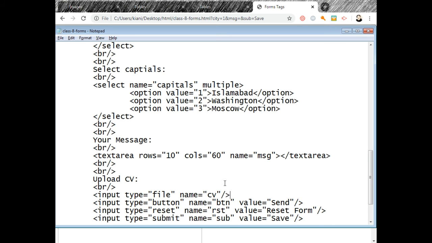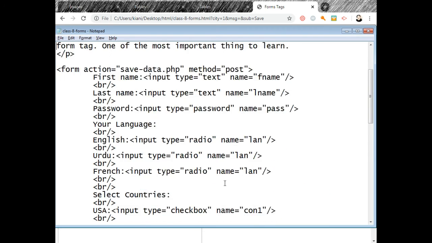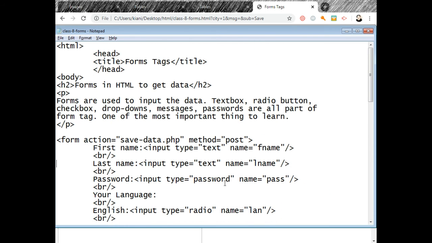So type is equal to file, type is equal to password; I think 99% of the input tags we have covered.